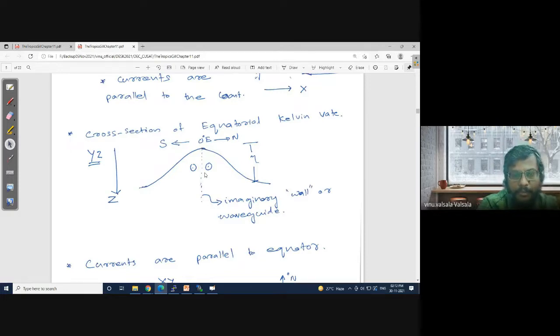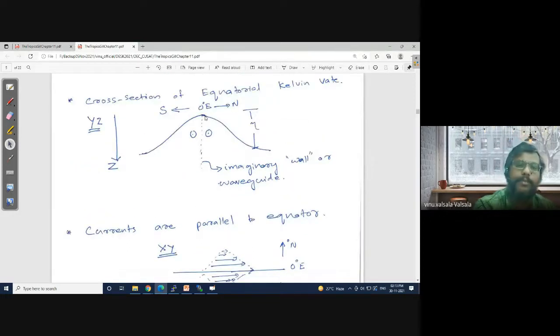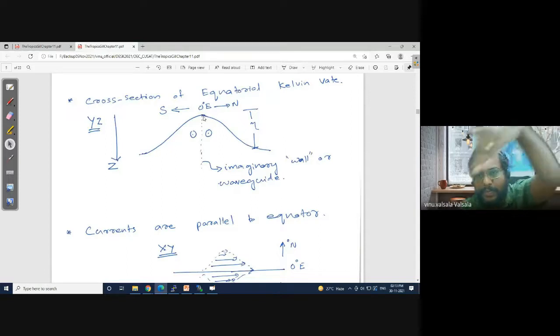The right hand side part is the northern hemispheric part, and the left hand side part is the southern hemispheric part. So both altogether they make a Gaussian bump, for example, which is coming out of it. This is a vertical section. If you look at the horizontal, this is what it looks like in the XY plane. Here you can easily assume that the sea surface is high at the equator and declines as you go north or south.